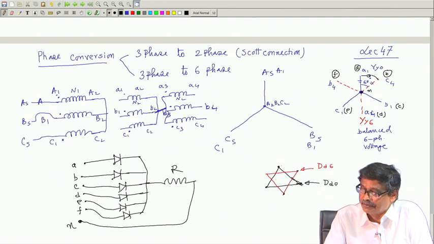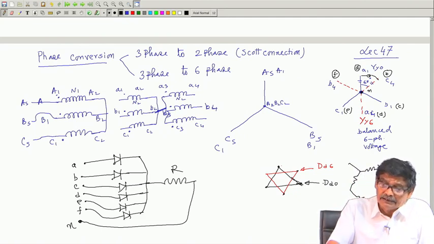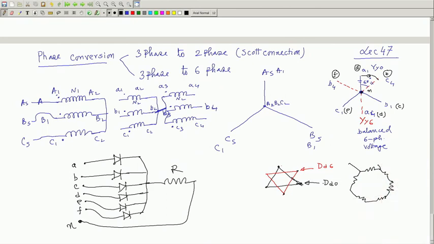6 rheostats, you can show it like a polygon, I should not call it delta. It will look like 1, 2, 3, 4, 5, 6. Suppose this is my load impedance. These 6 terminals you join there, then the circuit will be complete and balanced 6 phase voltage you have been able to apply. Anyway, see this 3 phase transformer connection is a very nice subject, and a lot of